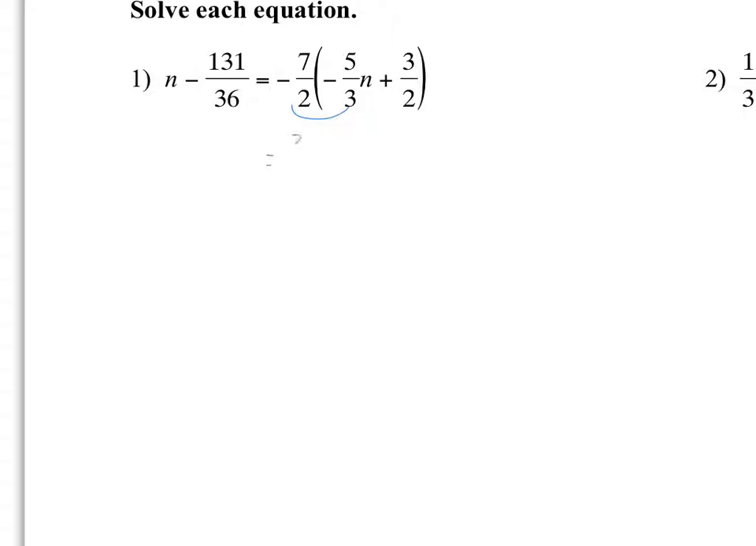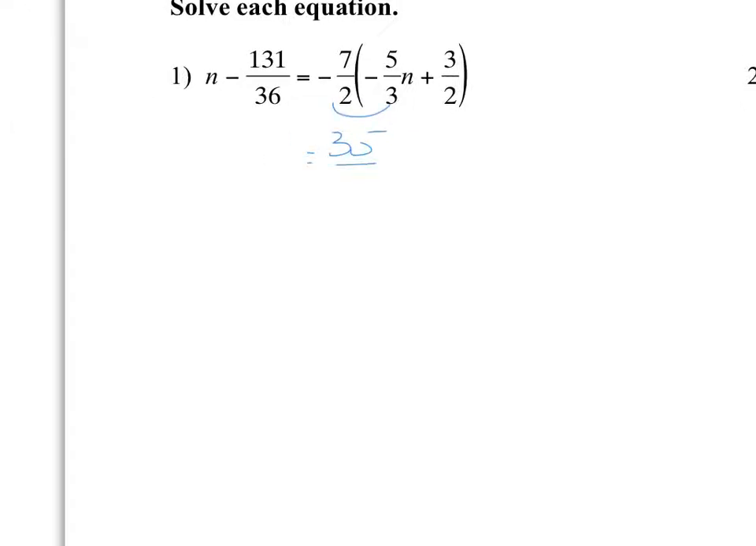to be 35 on top and 6 on the bottom, n. And then we've got negative 7 over 2 times positive 3 over 2, which would be minus 21 over 4. Here we've got n minus 131 over 36. If I don't love these fractions, one of the things that I could do would be to multiply this entire equation by